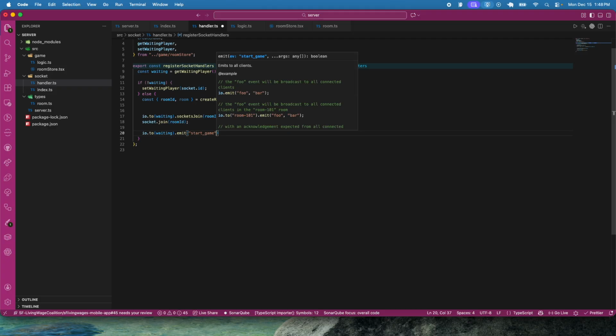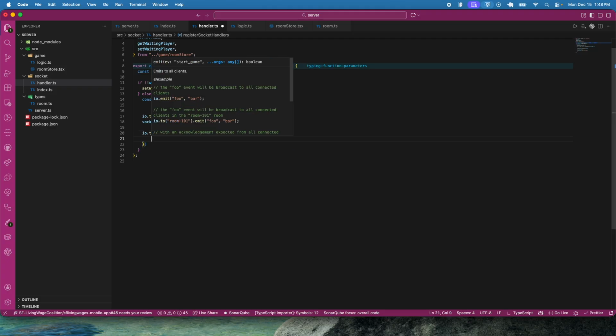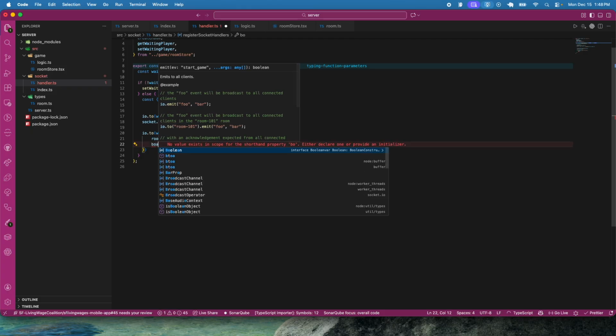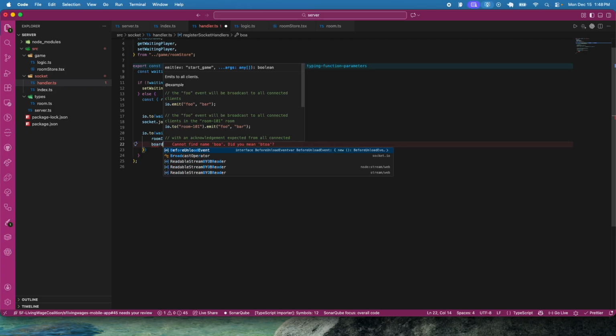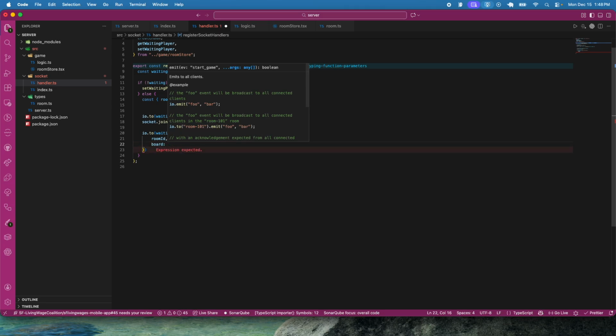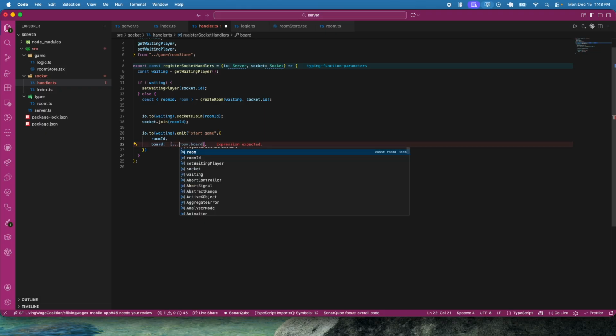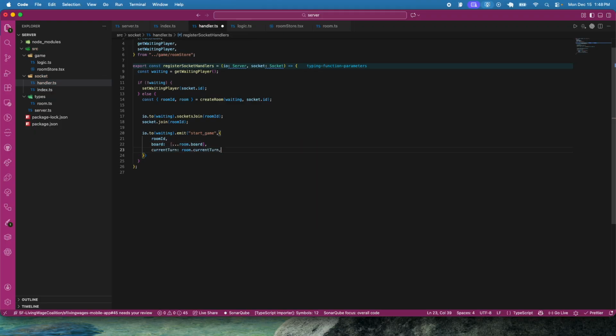And then here we need to pass a few things, right? We need the room ID, we need the board. Let me remove that, and now we need the board. We need to structure the room and the board, and we need the current turn,